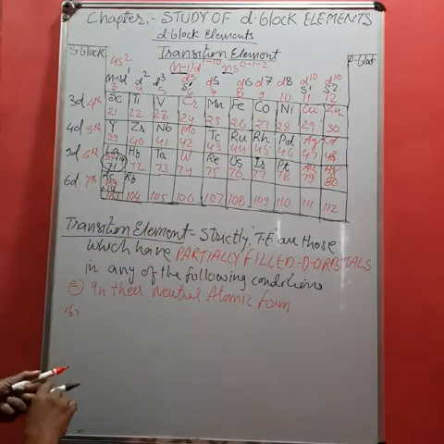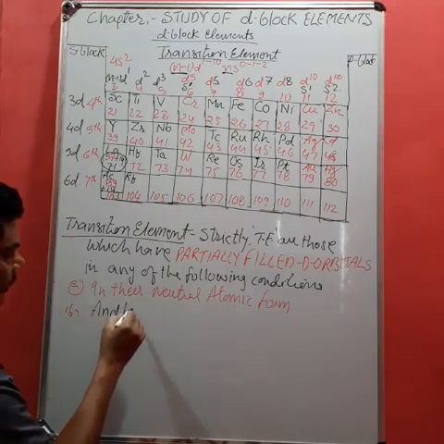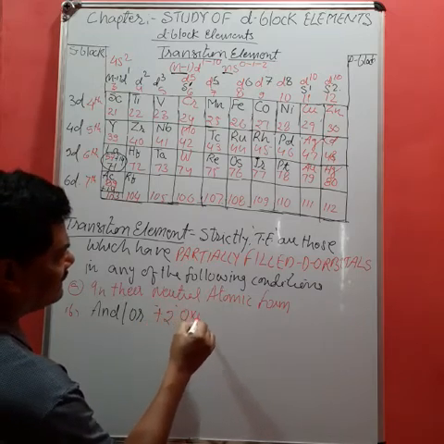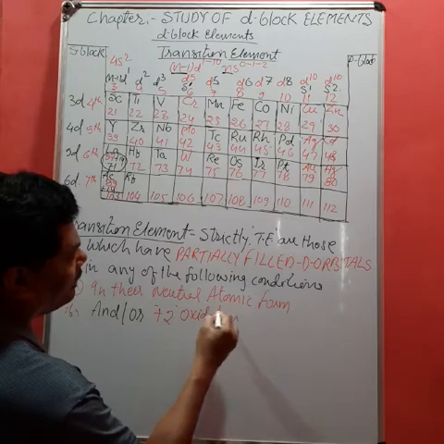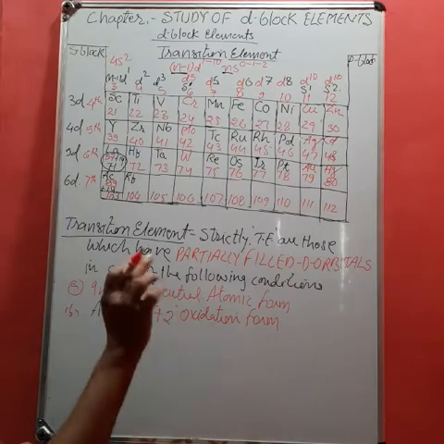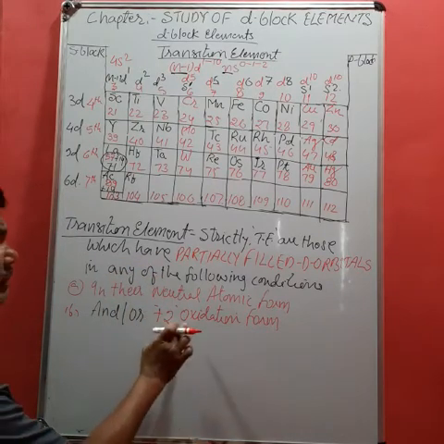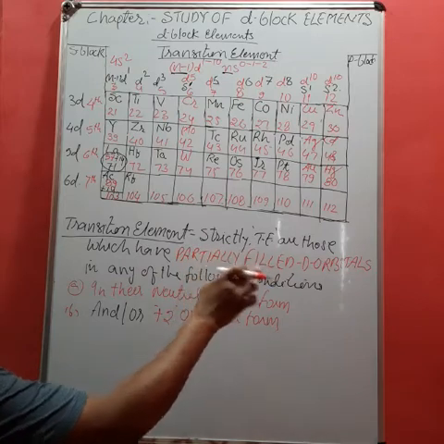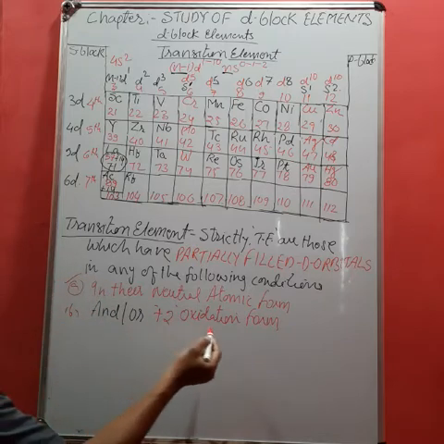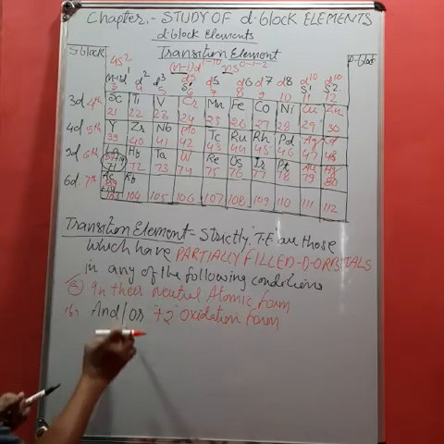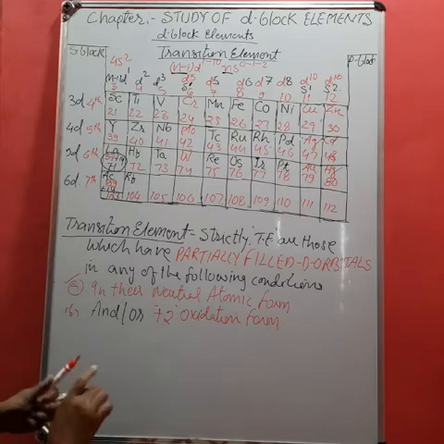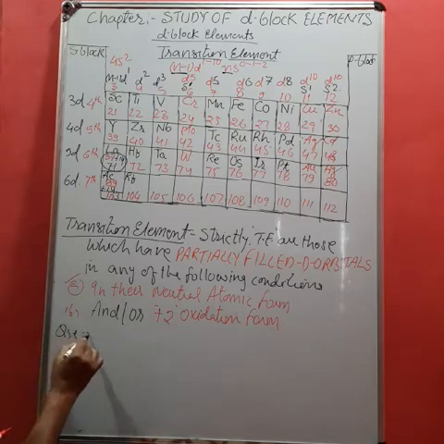And B, we can write here "and/or": plus 2 oxidation state form. That is, from the atom, if we release 2 electrons, then the remaining configuration should have a partially filled d orbital. So the condition is: either it follows the first one, or it follows the second one, or it follows both. Whenever it does, it will be considered a transition element. Okay. Now, right here a question we can say,